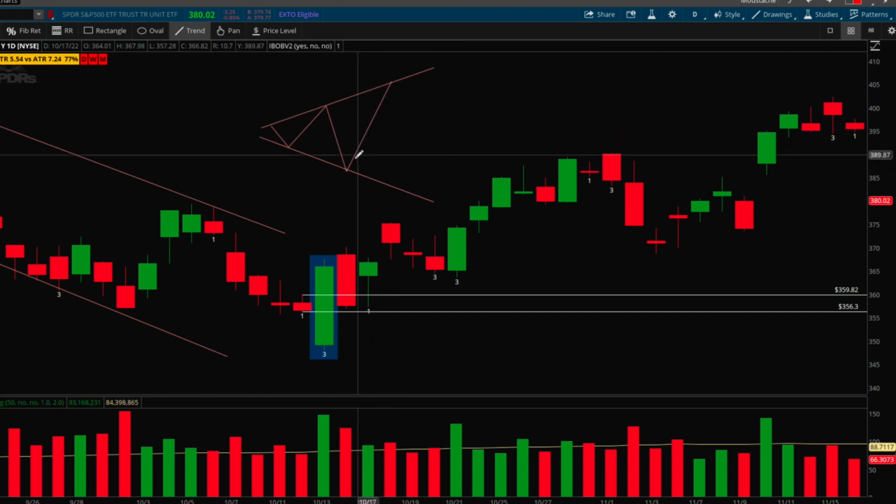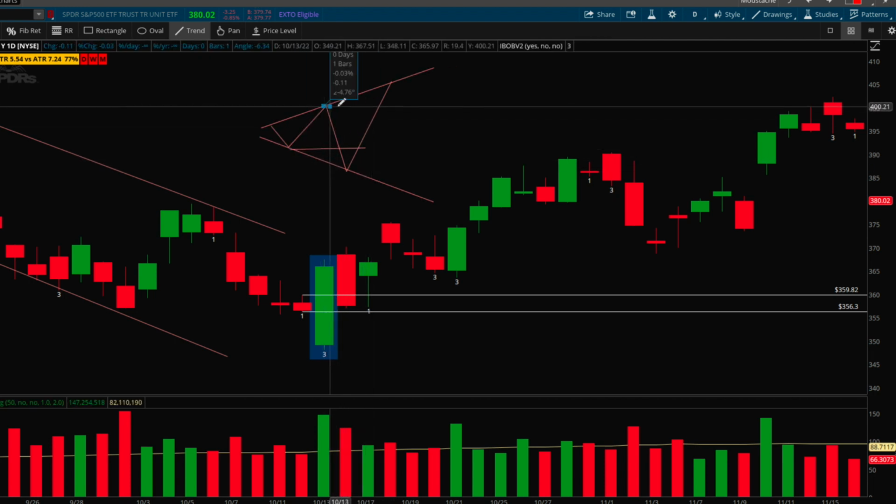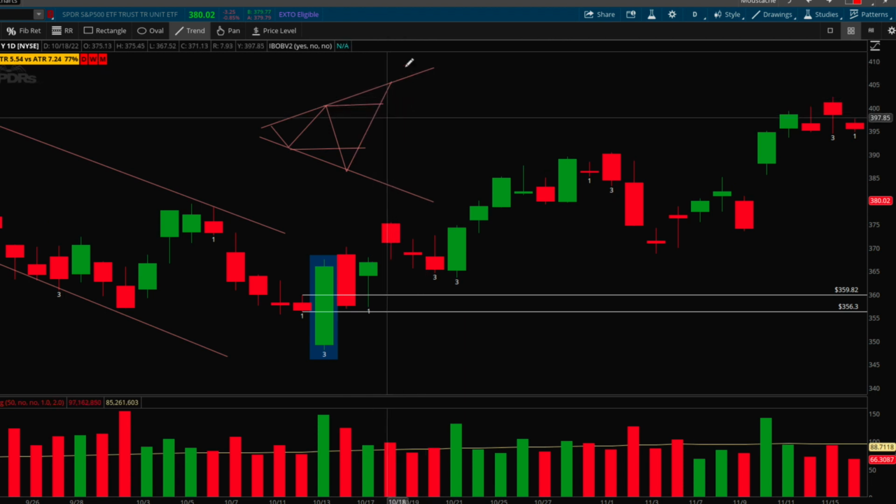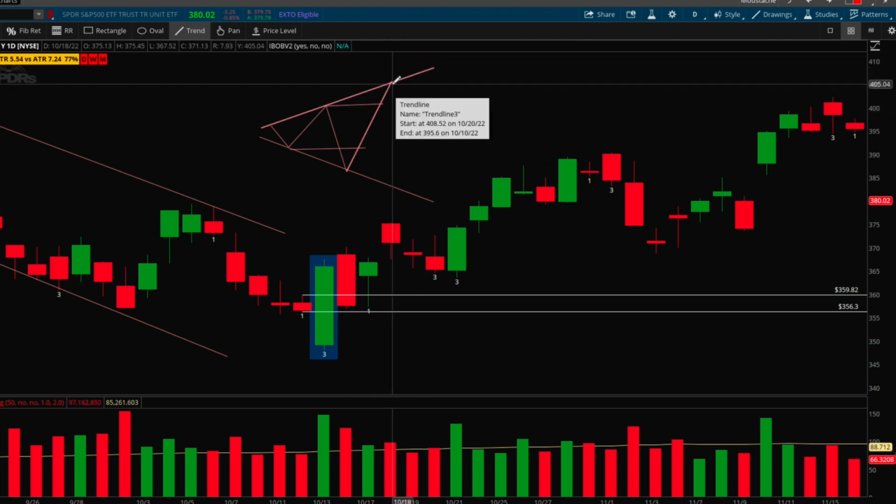There's that huge green candle that broke that previous low and also broke that previous high. Now what we would want to see is, instead of going long right there, we want to make sure